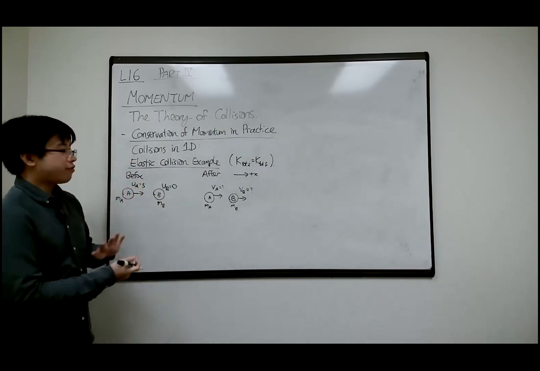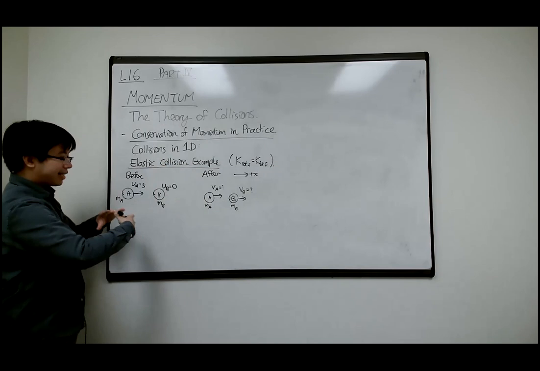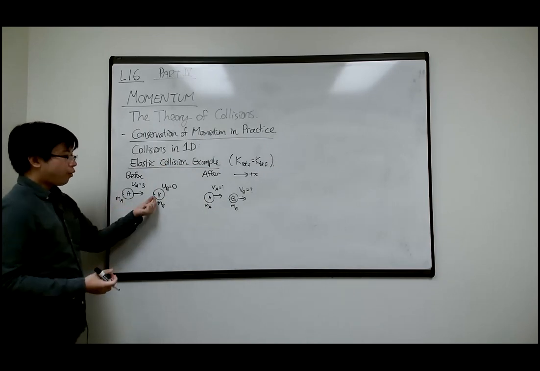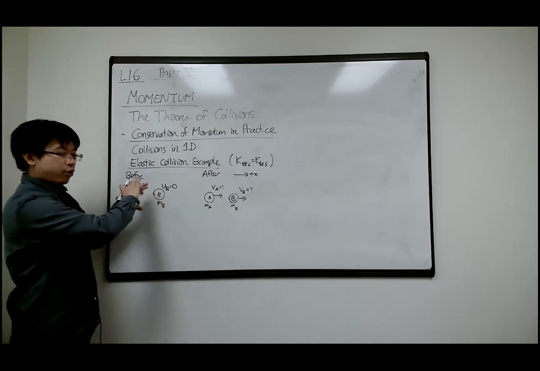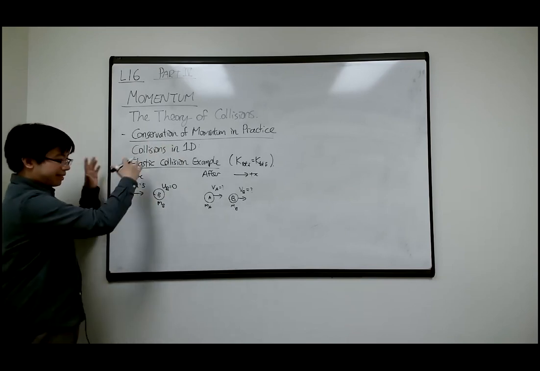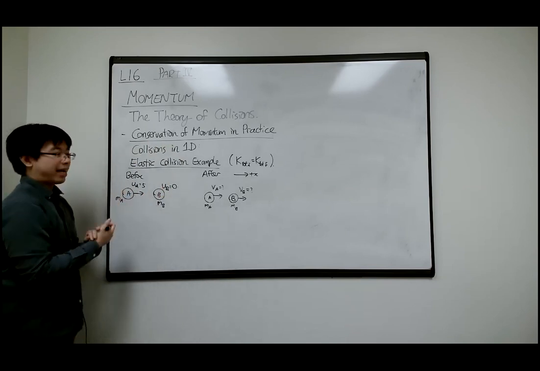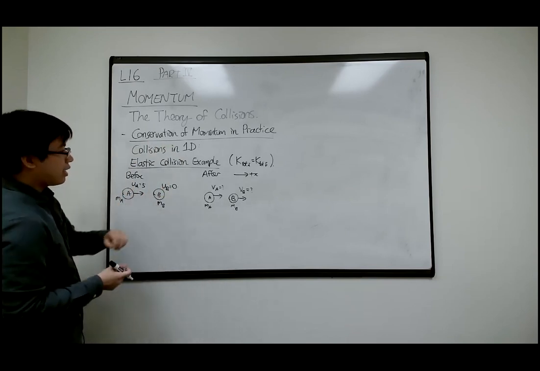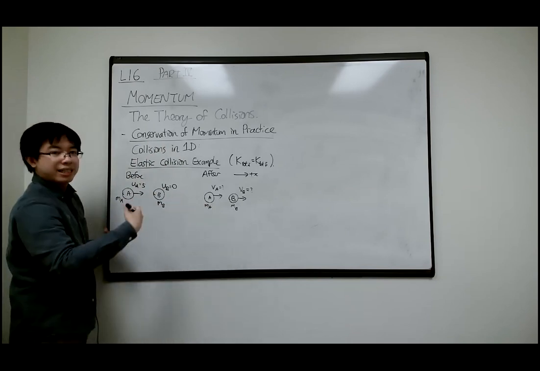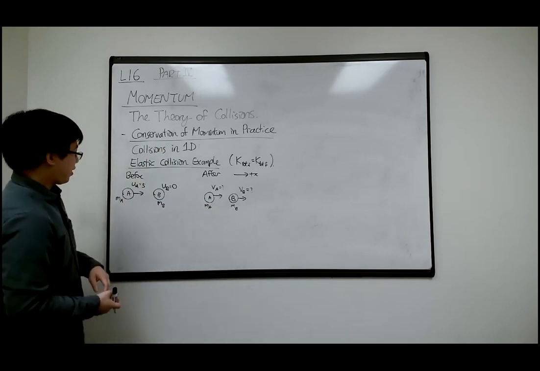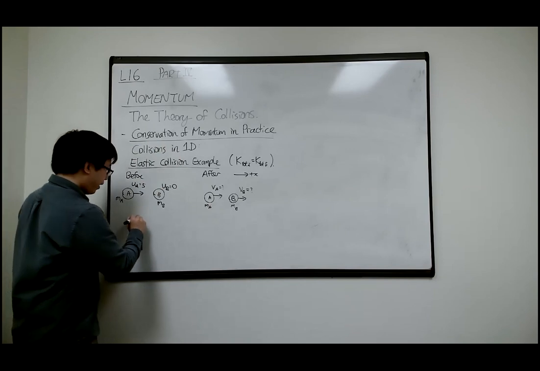Momentum is always conserved in any collision that doesn't have an external force. So the collision is all internal in the system. Okay, so my system is both A and B together. So there's no extra force acting on them, so no friction in other words. Right? Okay, so what do we know? We know